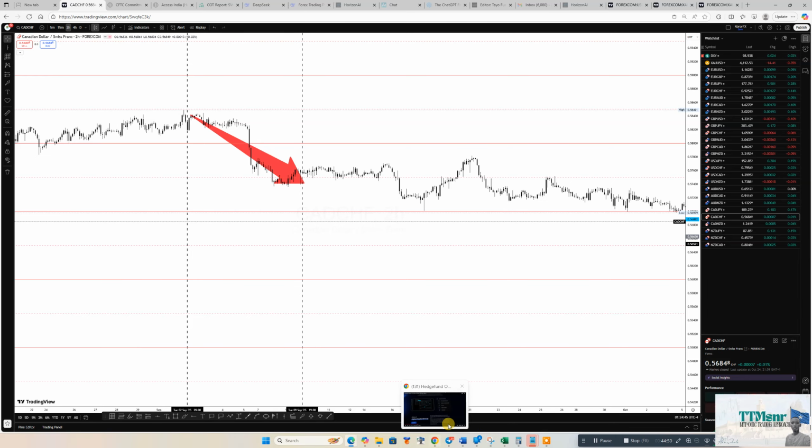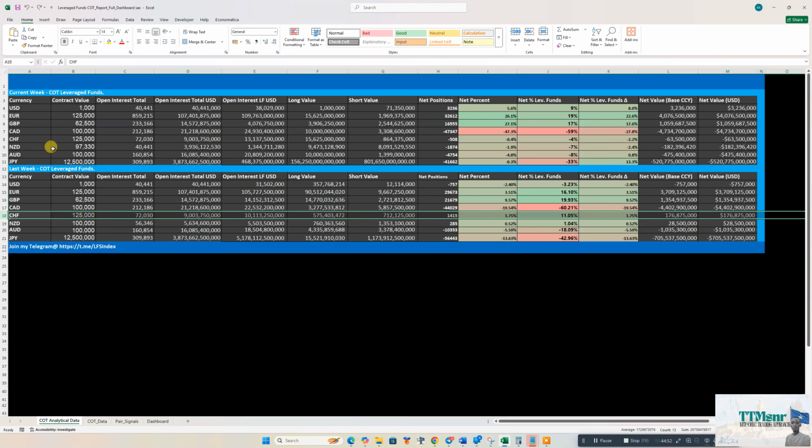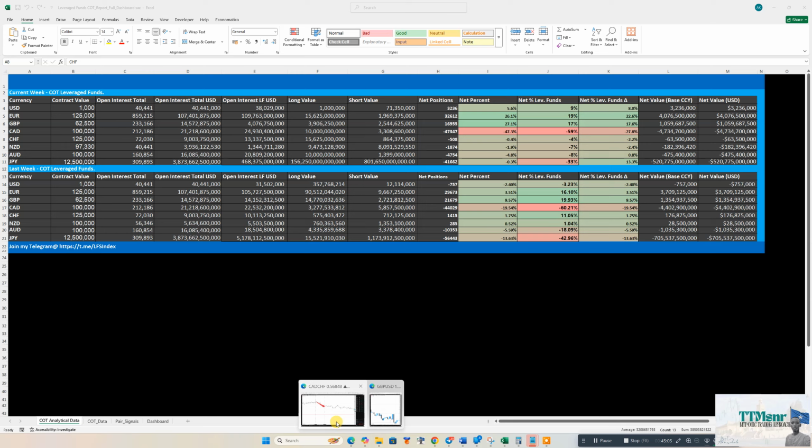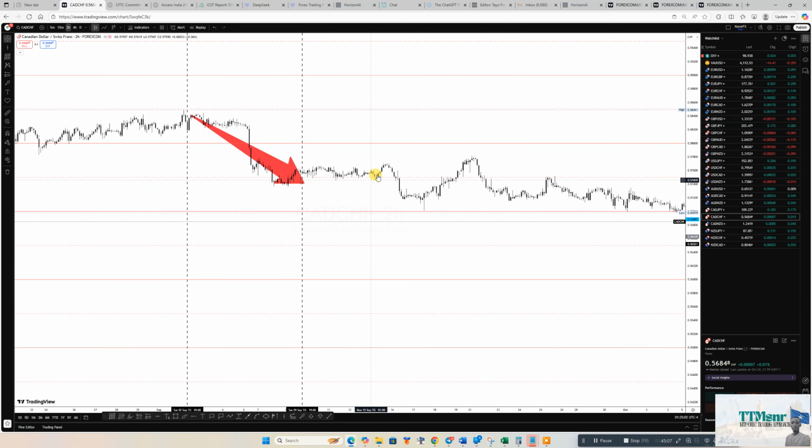Because if we go to the next week, CHF got some negative positions and the other one is negative. They go together, or maybe make consolidations. When two currencies have the same numbers, like negative numbers, the market will go into consolidation. There is no good